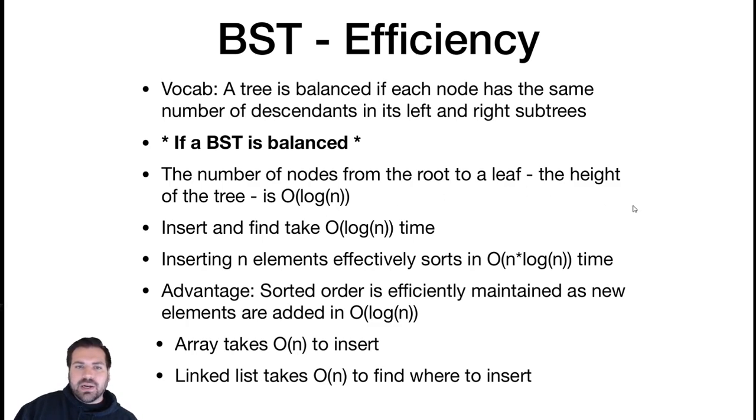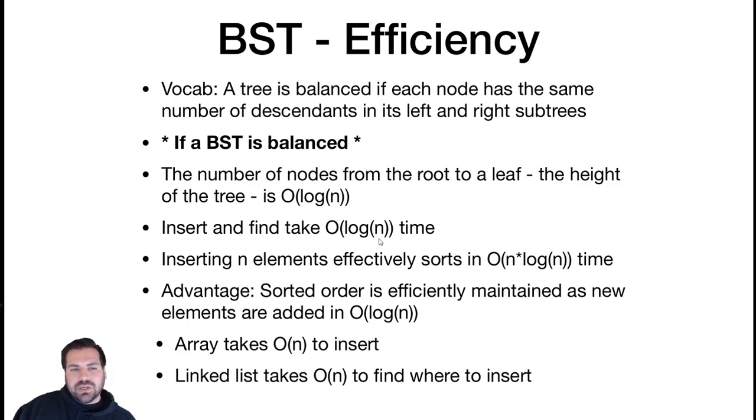Since we're cutting this search space in half each time we visit a subtree, that subtree has half as many nodes as the node we were just visiting, as the subtree that's rooted by the node we were just visiting. So if we do that log n times, we're going to go from n to 1 and have a subtree of size 1. So since the height of the tree is log n, find is going to take log n,